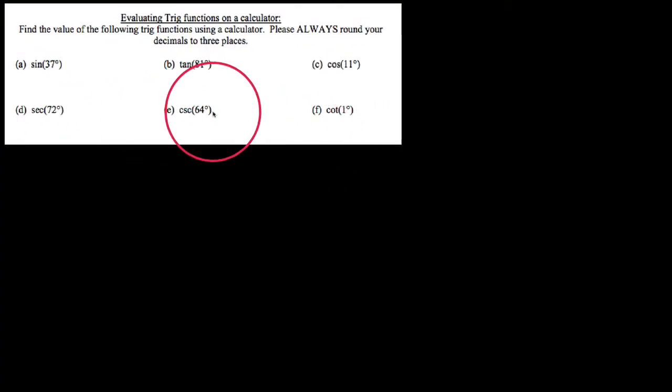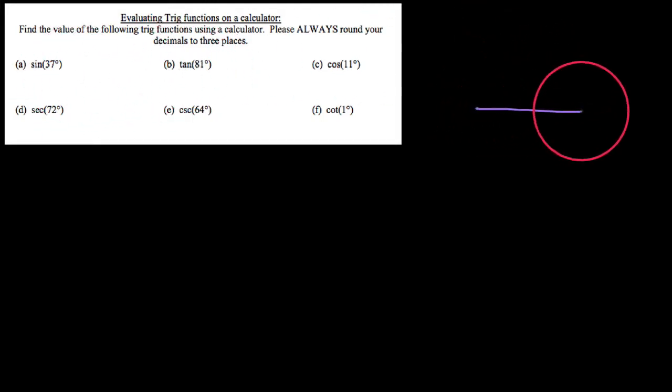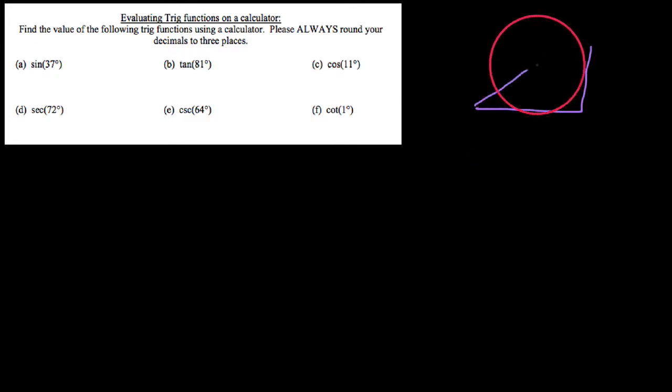Okay, YouTube, this is a very brief and straightforward video on how to use your calculator in order to evaluate trig functions for given angles, okay? And so when we look at these, we say sine, say, of 37 degrees, for instance here. We're saying that there exists some right triangle that has a 37-degree angle on it. You know, my picture isn't very good here, but if we said this is 37 degrees, what we're doing is